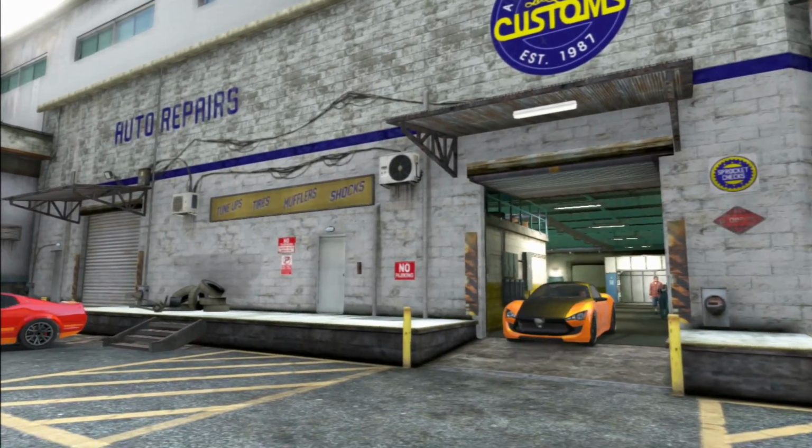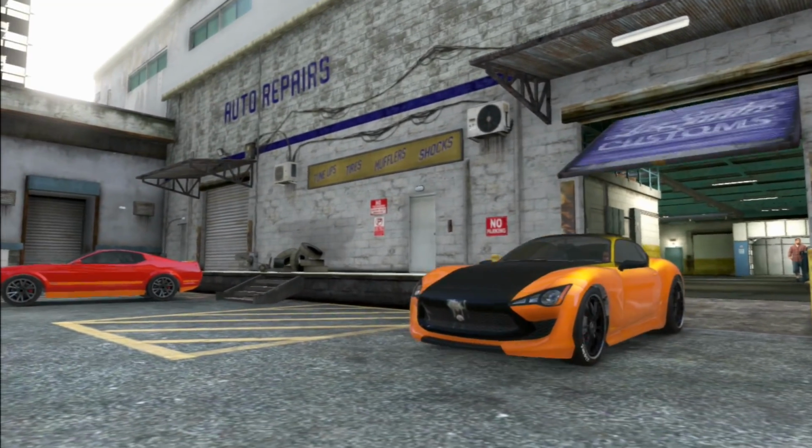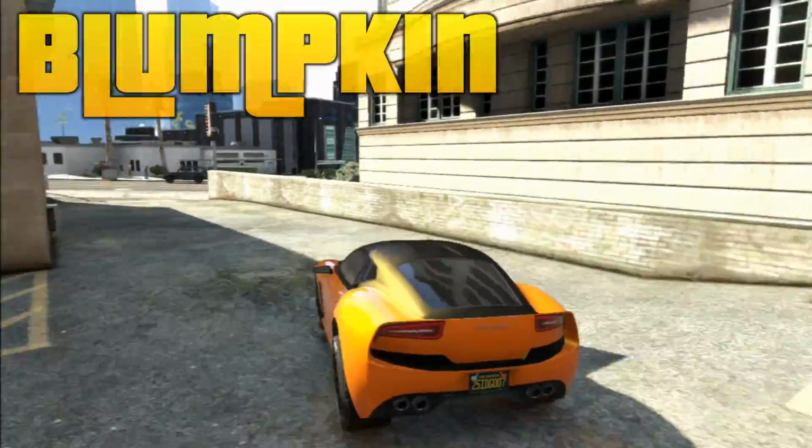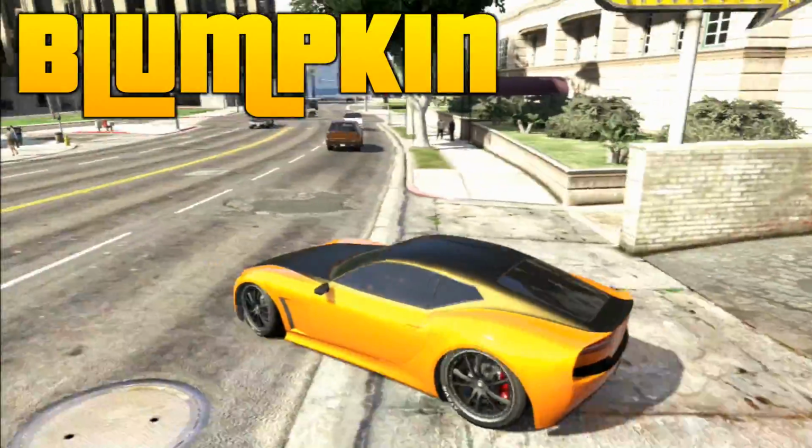Now coming in at number 3, this color here is more Halloween inspired, as Halloween's only like a week and a half away now. So this color here is called Blumpkin, and for you sirs that know what Blumpkin means,